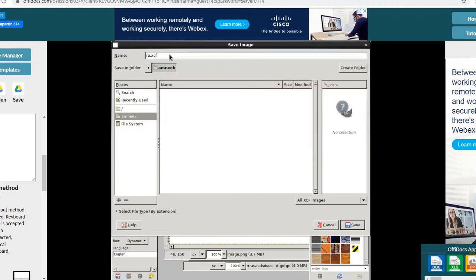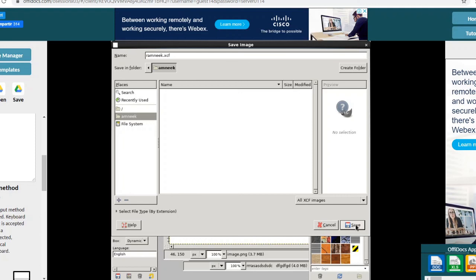Type here the name of your image. After this, you can click on the Save button. See, there are two buttons on this Save Image dialog box. One is Save, another is Cancel. You will click on the Save option like this.